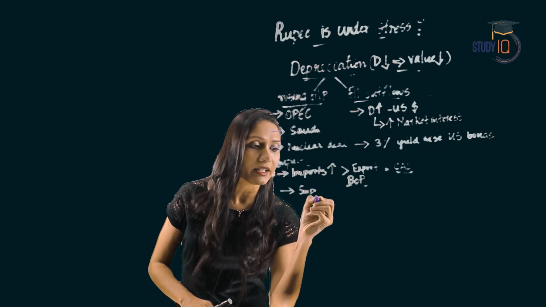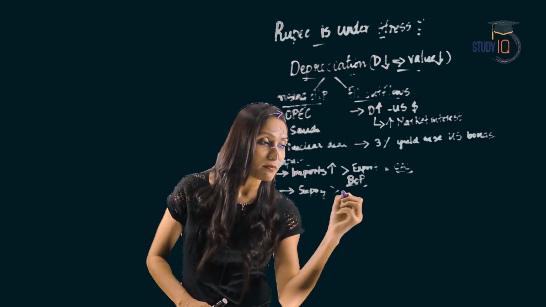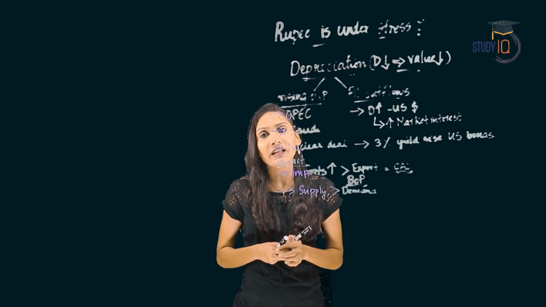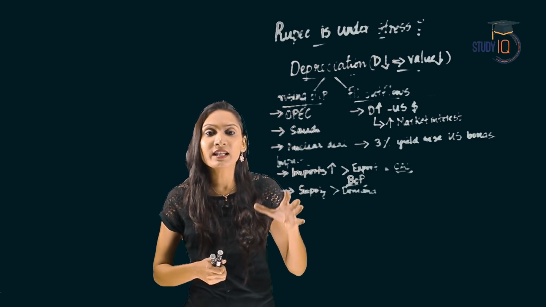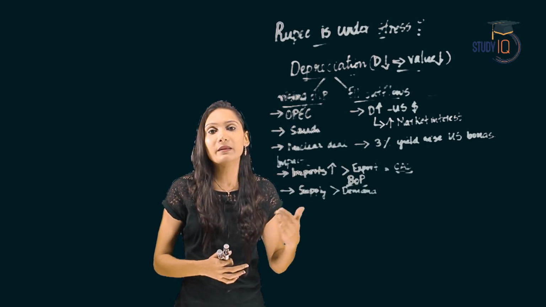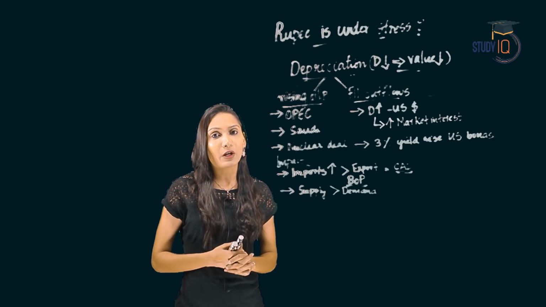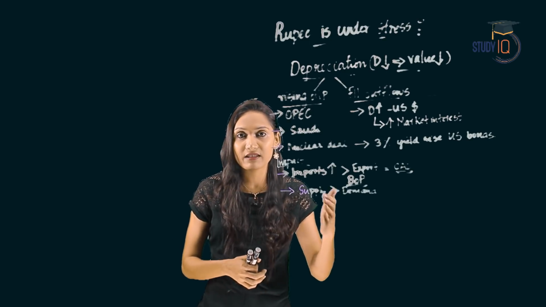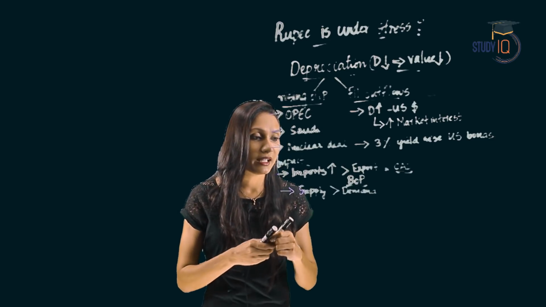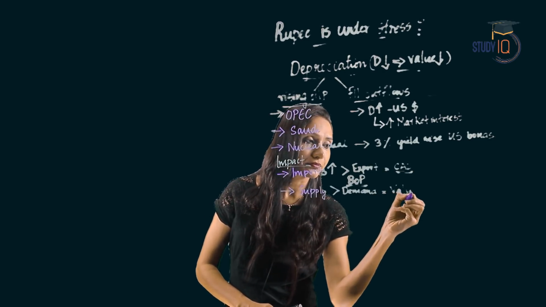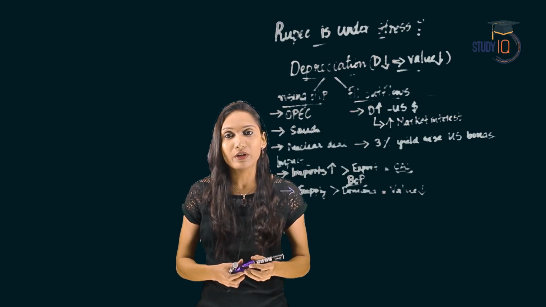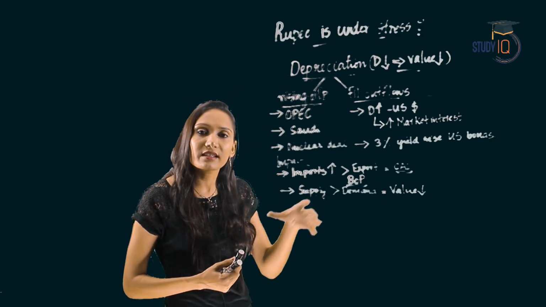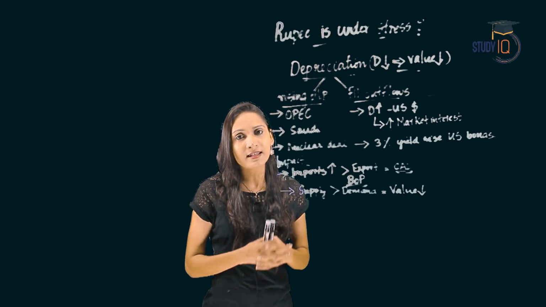And when the supply of Indian rupee in the international market is more than the demand for Indian rupee, what will happen? When supply is more than the demand, we have already seen that in case of commodities, the price will come down. And when it comes to a currency, the value, which is similar to price, will come down. So when supply is more than demand, the value of Indian currency will come down. And this phenomenon, the decrease in the value of currency, is called depreciation. This will add on to further depreciation of the rupee.